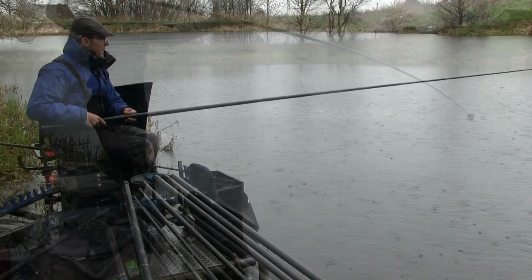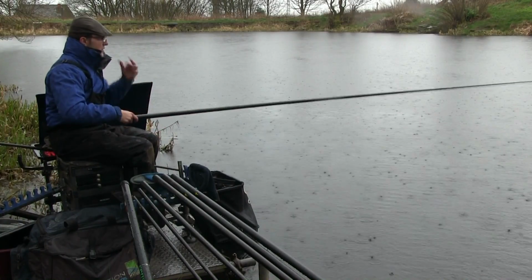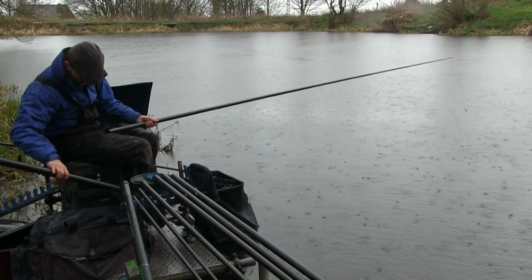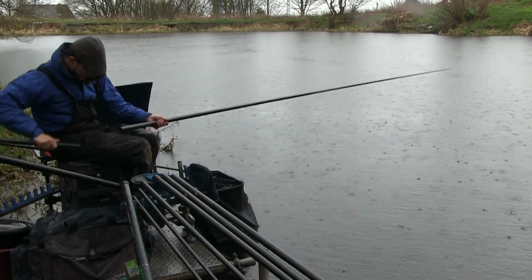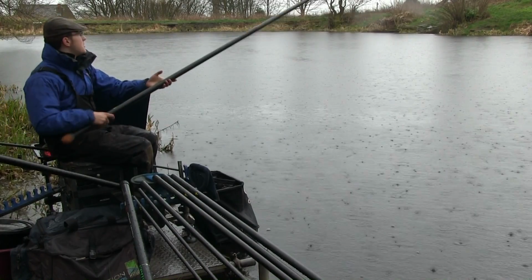Right, so we've just had a bite there after about 15-20 minutes of the ground bait being in. We had a little indication early and missed it, but that was a little fish on there. It just came up in the water as soon as I hooked it, and it's just dropped off, but that's a good little sign, and what we're really looking for, to be honest,